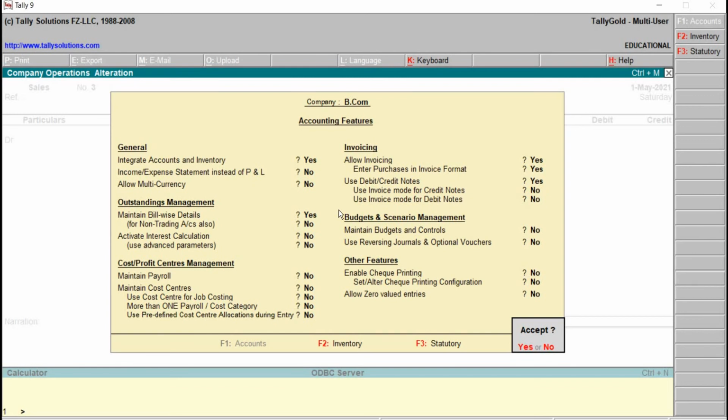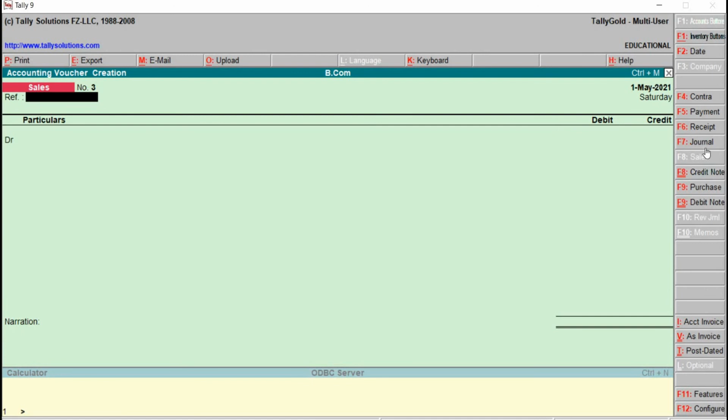Accept? Press Y from the keyboard. Okay. Right now this is activated, correct? Then here we have a shortcut key that will be Control F9. Just press Control F9. This will take us to debit note and the voucher number is 1. Provide the reference number. Okay, I just provide here the reference number 333.